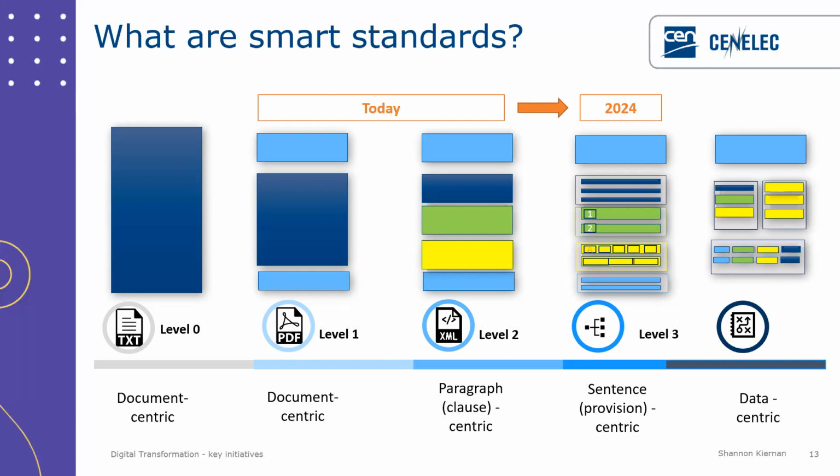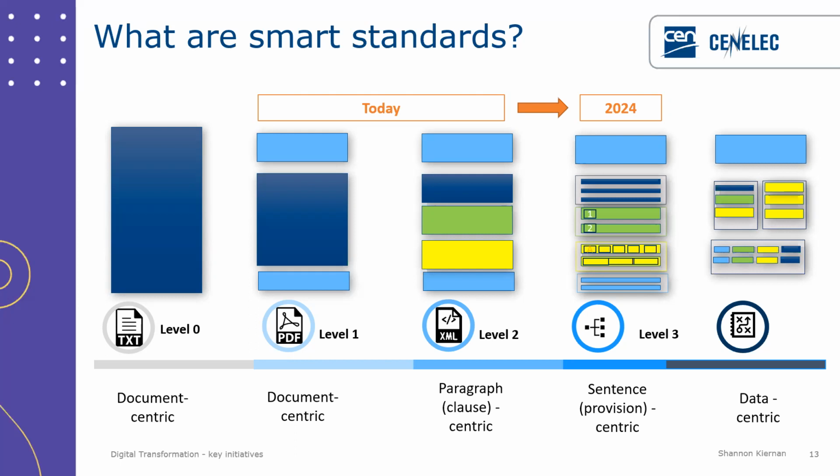At level 0, this is very old school when you have a text file. Actually, it's a printed file, kind of file. Level 1 is document centric. It's available electronically in PDF form, but it's basically one big block. You have the introduction section, the main section, and the conclusion at the end, or the annexes in our case. Level 2 is paragraph centric or clause centric in our case. So each clause is a separate block, but basically it's all quite free text within each of those blocks. We do this today with XML format in the NISO STS structure.